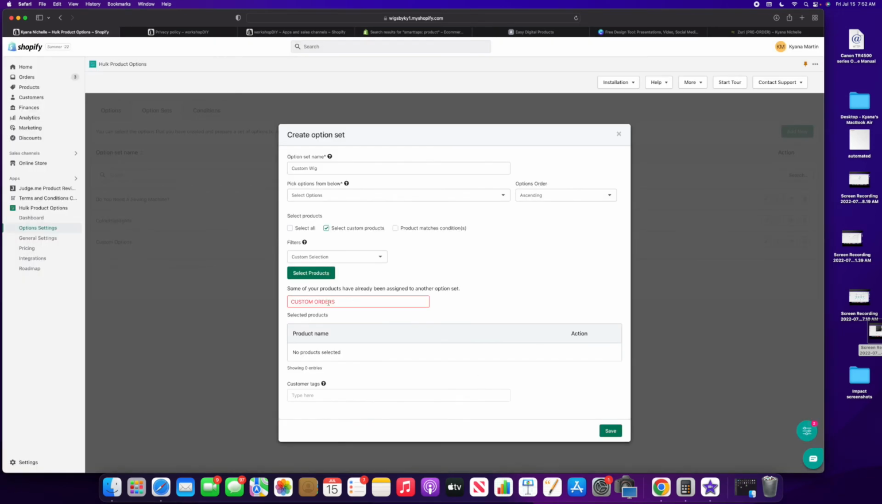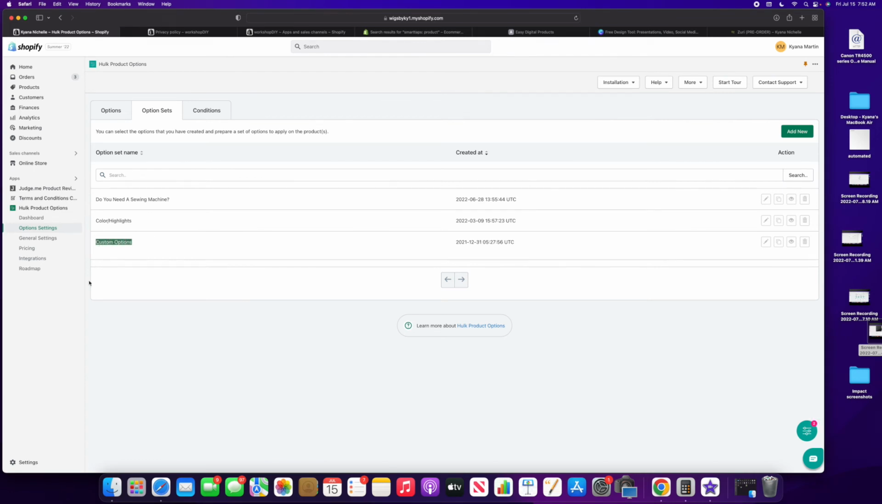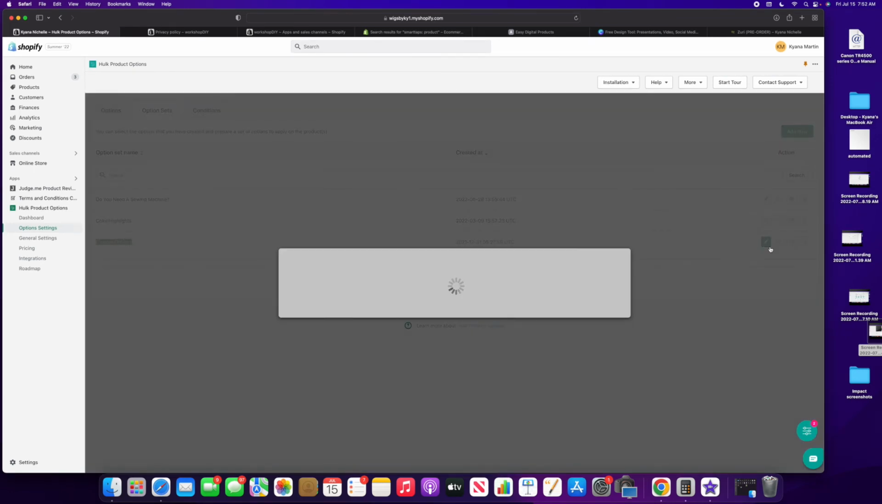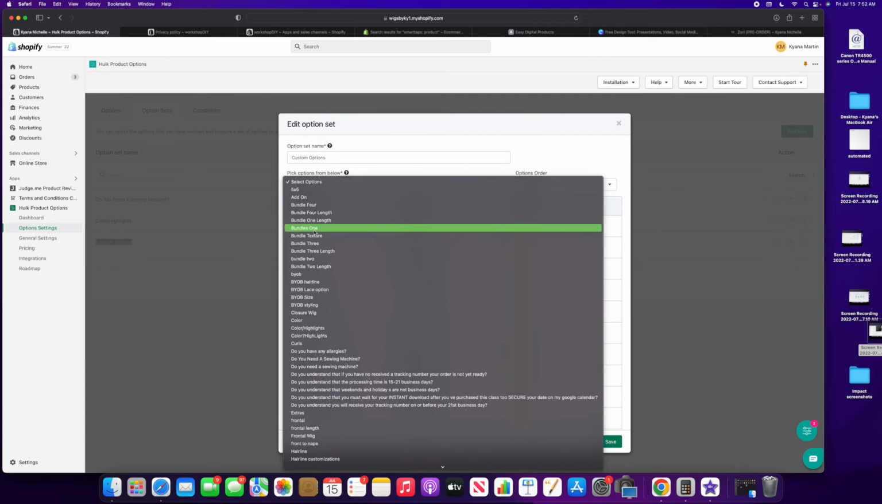Now, when you see this right here, this red bar, that means the custom orders is added somewhere else. So what you can do is, like, you see this is my custom option. And what I can do is just edit it and go in and add what I was trying to add by doing pick options. Okay, so let's say I was trying to add in the color and I was about to create a whole new custom option set for a color. Just go in and add the color that you already have. Okay, you can go in and add it as an option and then go into the custom settings and just add that. Okay,